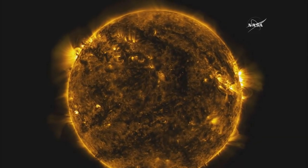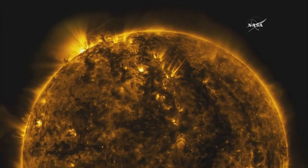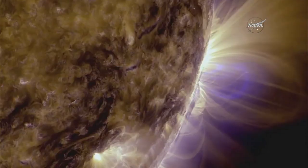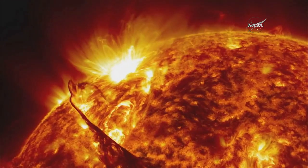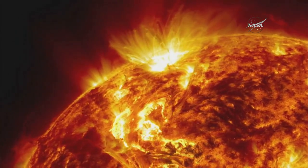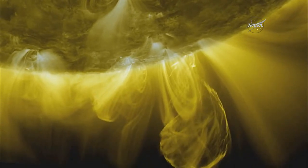It shows us 10 different wavelengths of light at the same time, showing us, in mostly extreme ultraviolet light, the sun's outer atmosphere, corona and chromosphere, where we can see all of the dynamic phenomena that's happening. It is putting down almost 2 terabytes of data a day, giving us these unbelievable views of solar eruptions, solar prominences, solar flares, and all of the activity in the sun that drives space weather, what Yari spends her days